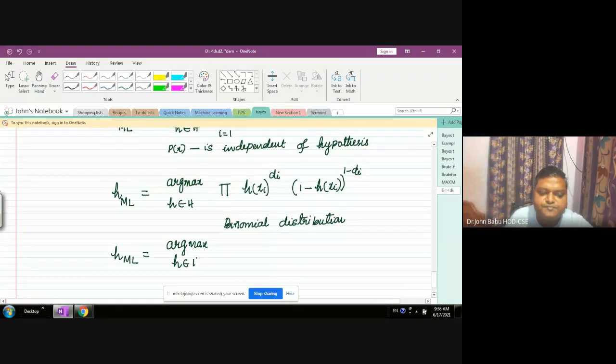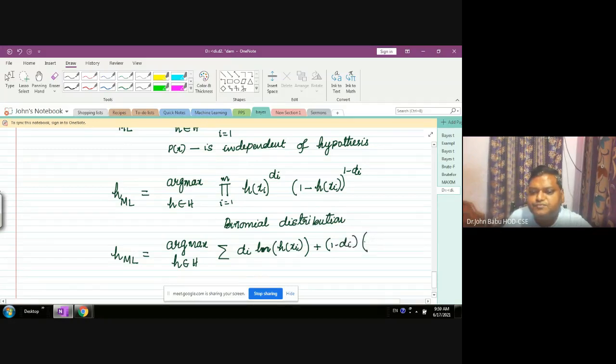So when we take the logarithm, the product will become the sigma. And the logarithm of a to the power of b is equal to b times the logarithm of a. So di times the natural logarithm ln h of xi plus 1 minus di times the logarithm